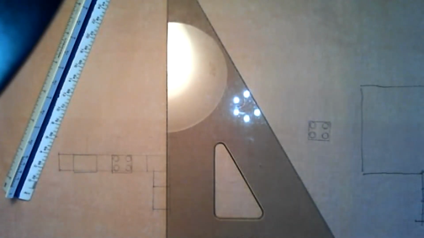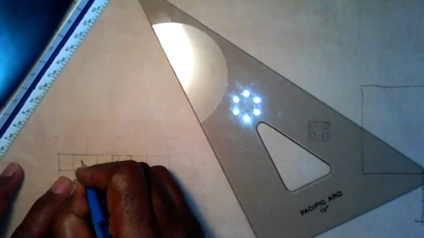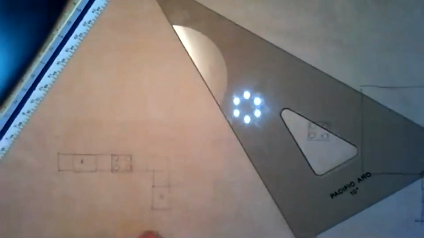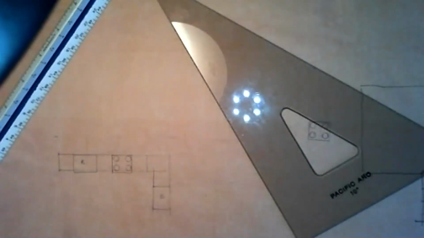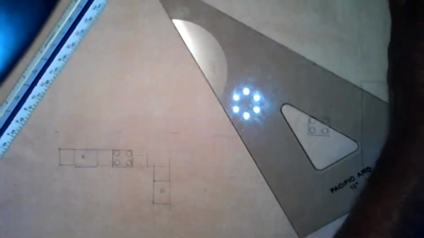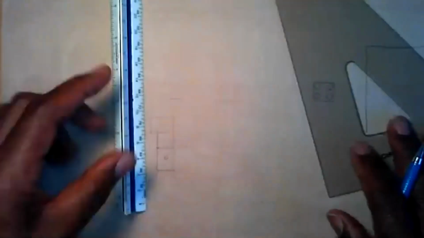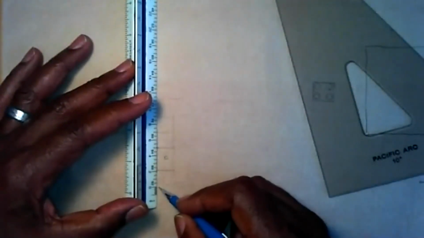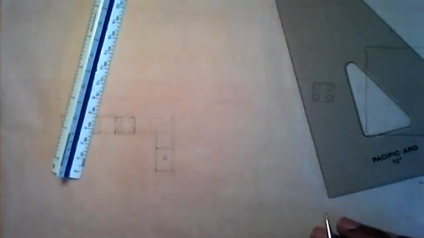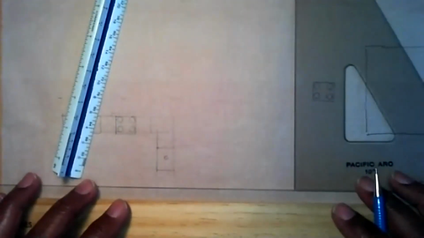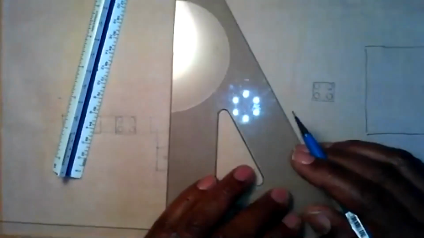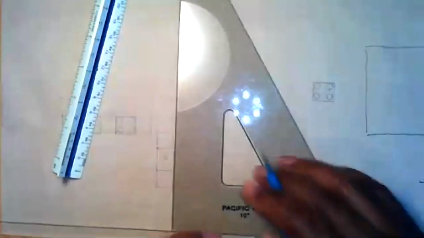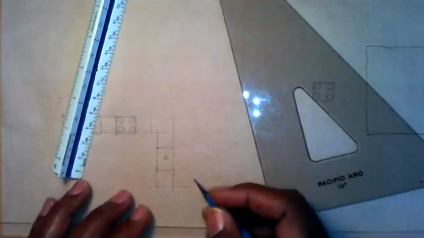Okay, so I'm just going to make some references here. This is my refrigerator. Okay, this is my sink, right? And then right next to the sink, which is a typical application, is going to be the dishwasher. Dishwashers are normally 24 inches in width, so I'm going to go another 2 feet. Okay, another 2 feet. So now the dishwasher is